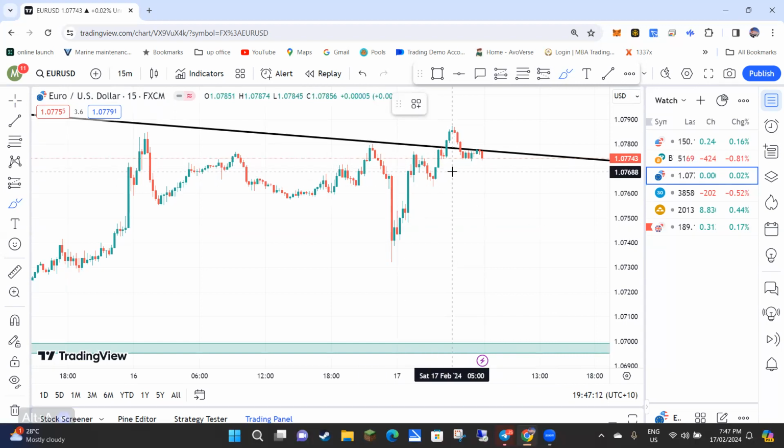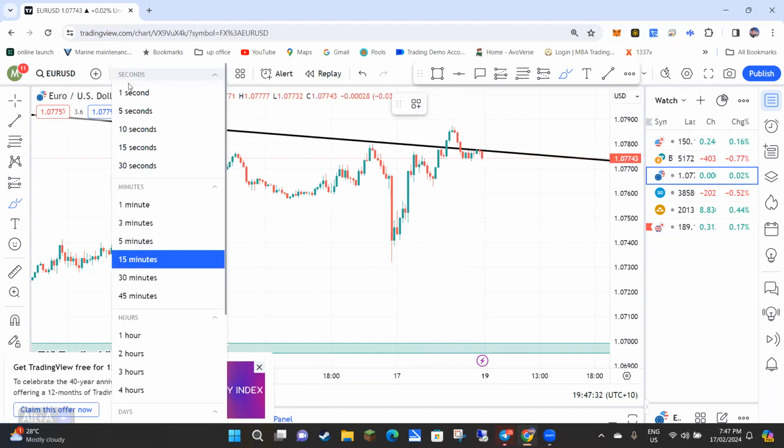And the lower the time frame you go down, the earlier of an indication you can get, because on here each one of these candles takes 15 minutes. So for the market to go low and then form a new lower high down here, it's going to be several hours. You don't want to just be staring at the screen waiting for that. But if you jump right down to the 5-minute or the 1-minute chart,